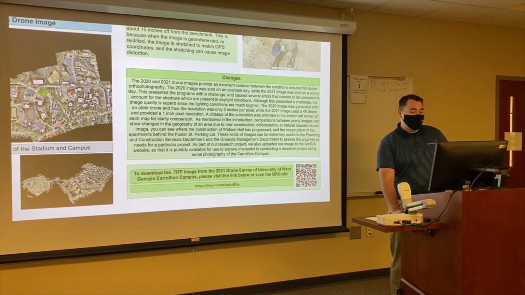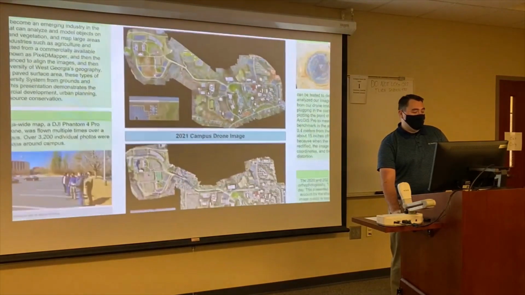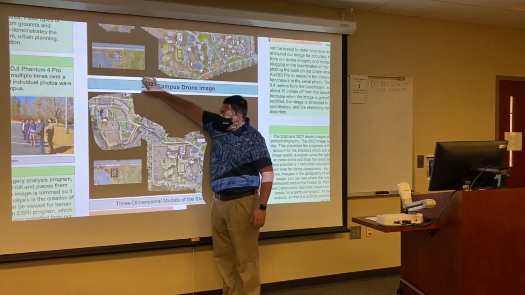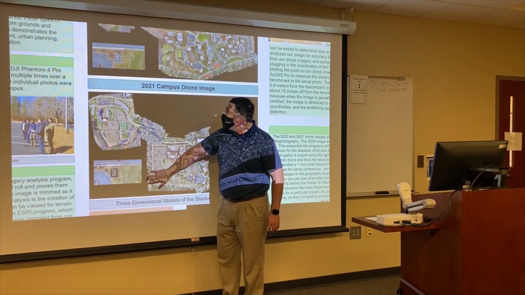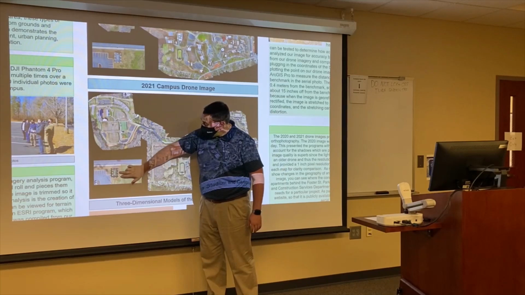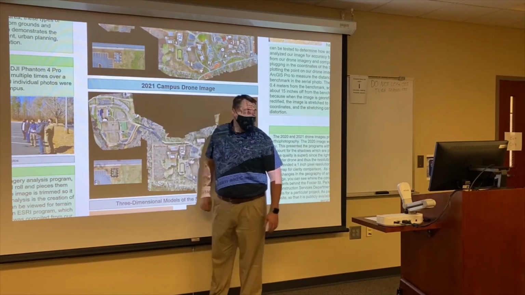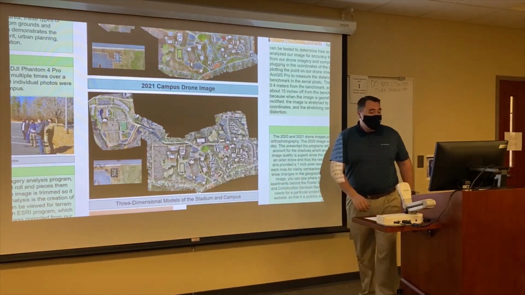A close-up of the substation was provided in the bottom left corner of each map for clarity comparison. As you can see, this top image is from the 2020 image, and this bottom one is from the 2021. You can clearly see the defined corners of the brick enclosure for the substation. In fact, you can even see some gas pipelines, while in the upper image, it simply appears as a gray